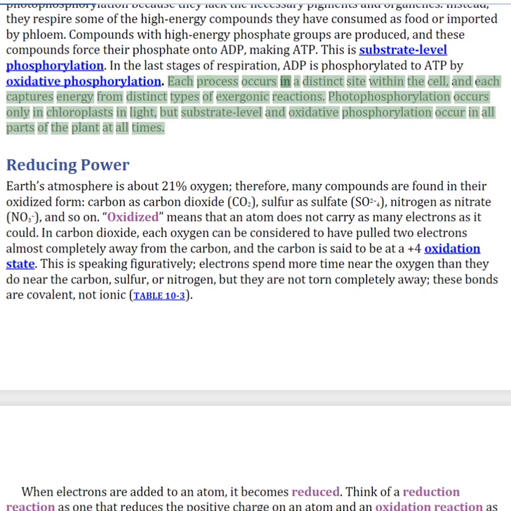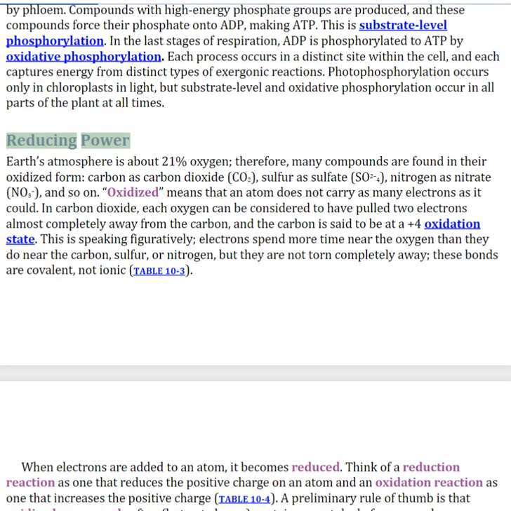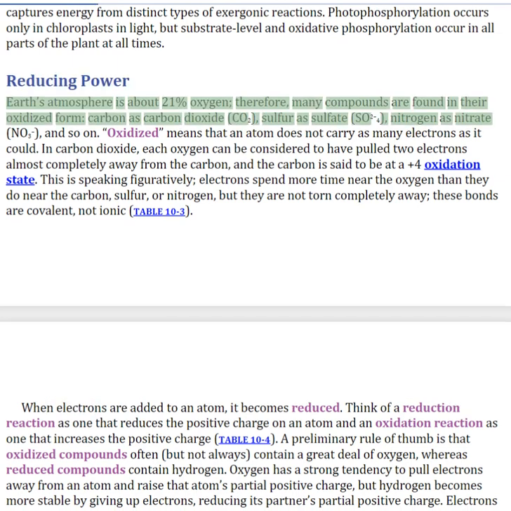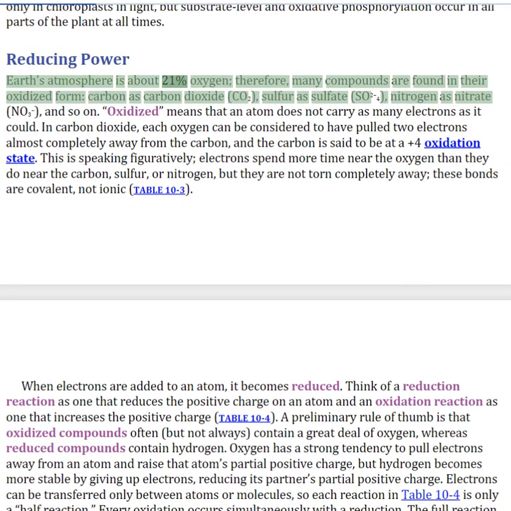Each process occurs in a distinct site within the cell, and each captures energy from distinct types of exergonic reactions. Photophosphorylation occurs only in chloroplasts in light, but substrate-level and oxidative phosphorylation occur in all parts of the plant at all times. Reducing power. Earth's atmosphere is about 21% oxygen, therefore, many compounds are found in their oxidized form, carbon